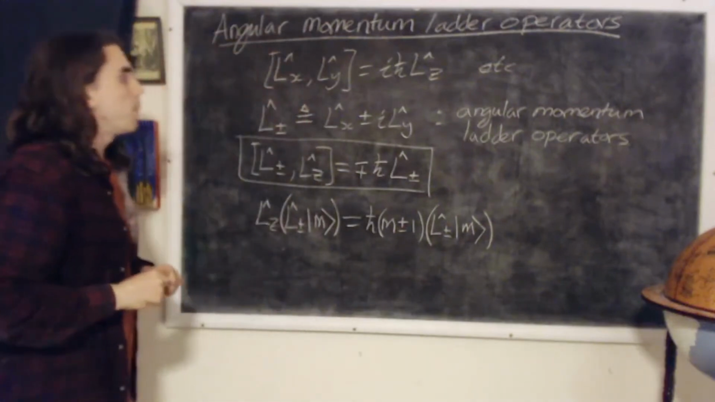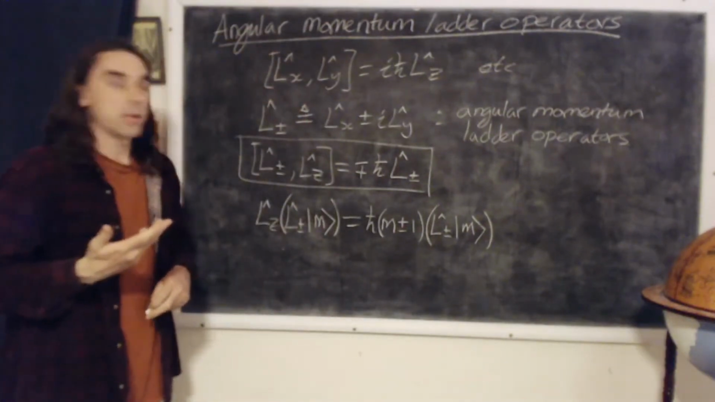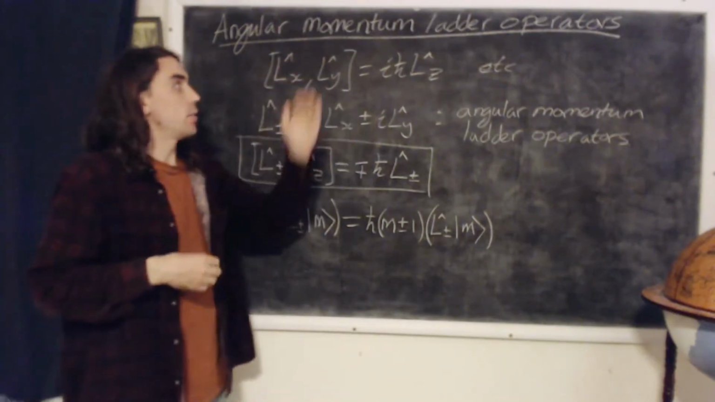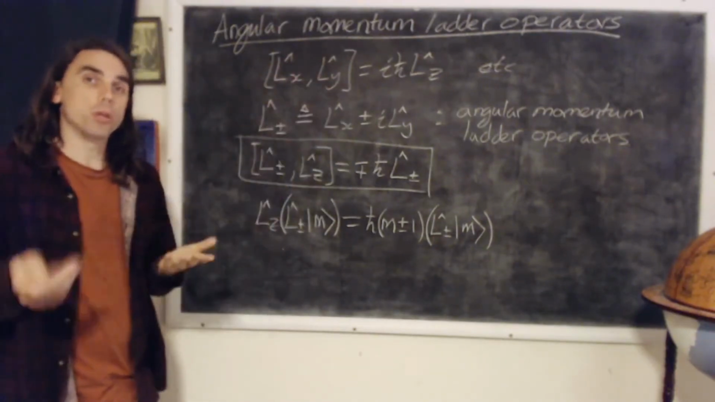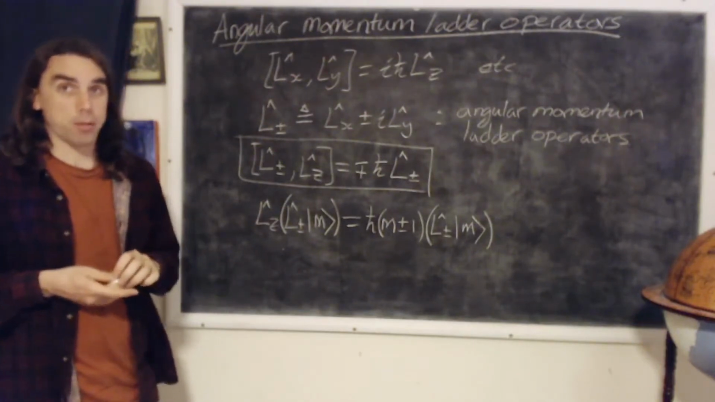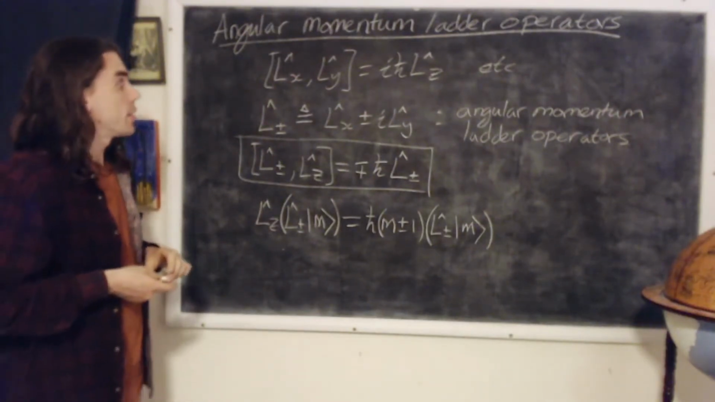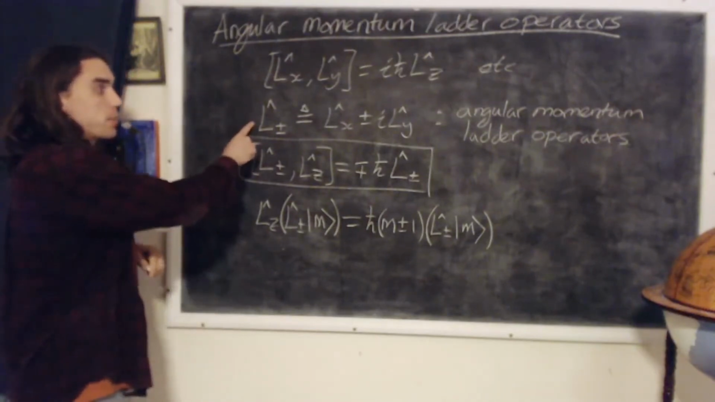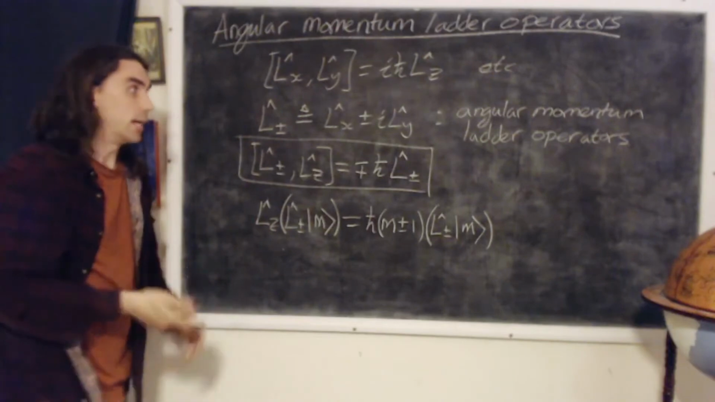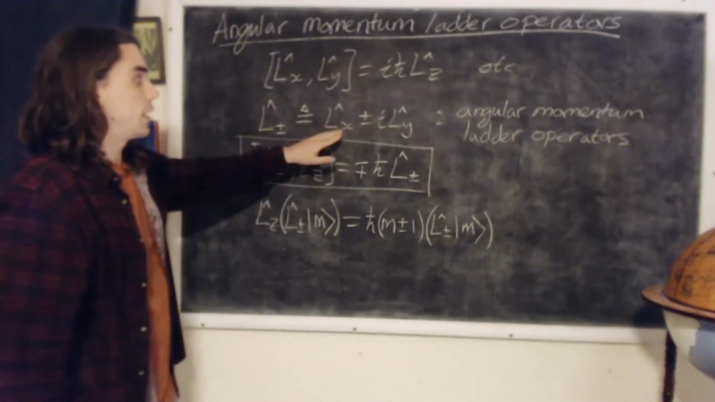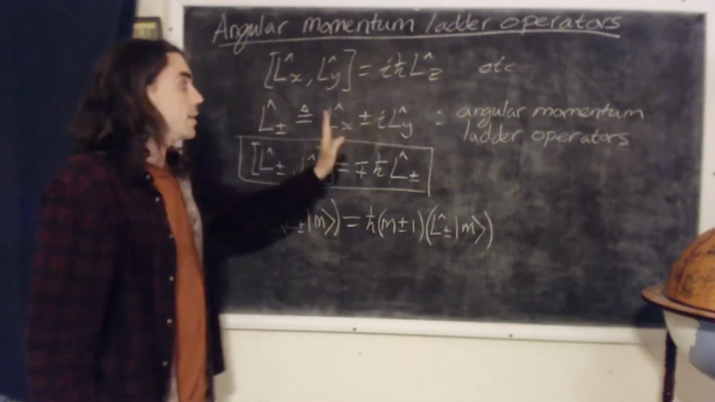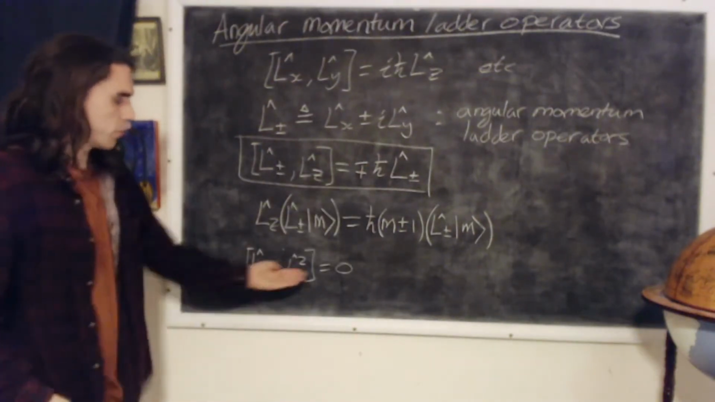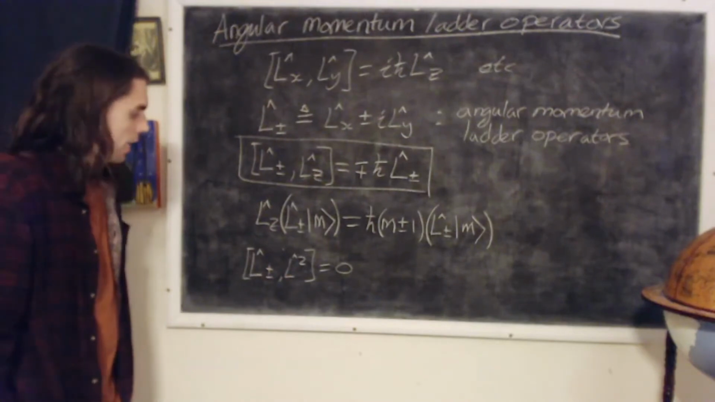So if you recall from the previous video that Lx, Ly, and Lz, while they don't commute with one another, they all commute with L squared, the square of the angular momentum operator. And so that fact tells us that L plus or minus must also commute with L squared, because L plus or minus are just a linear combination of Lx and Ly, and each of these individually commutes with L squared. So we have this. So the commutator of these two is 0. And that means that